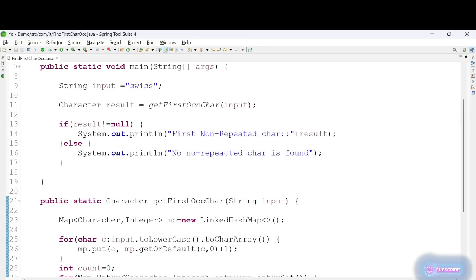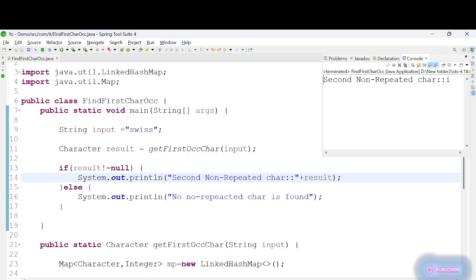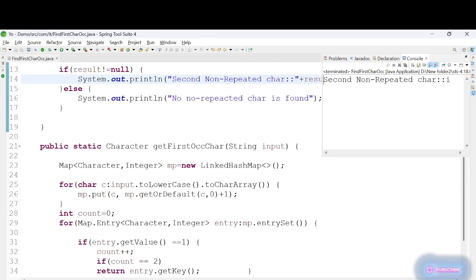Then it will become the second non-repeated character. Okay, let's run our program. Second non-repeated character is I. Yeah, this is the I, the second non-repeated character. Now we are going to do this